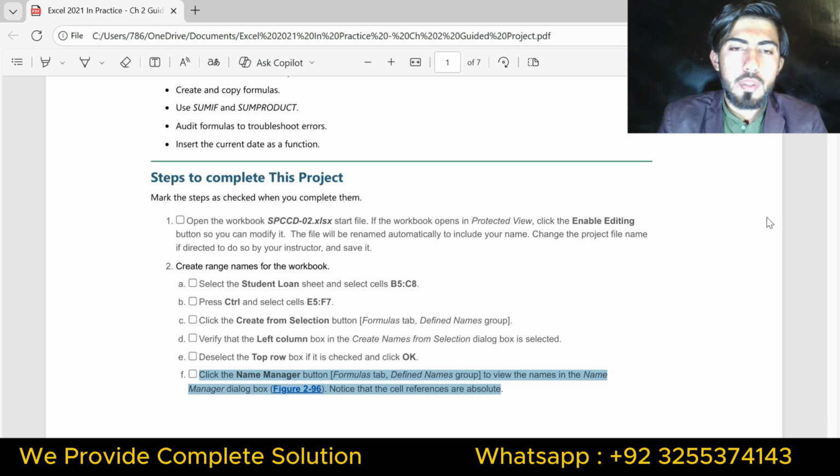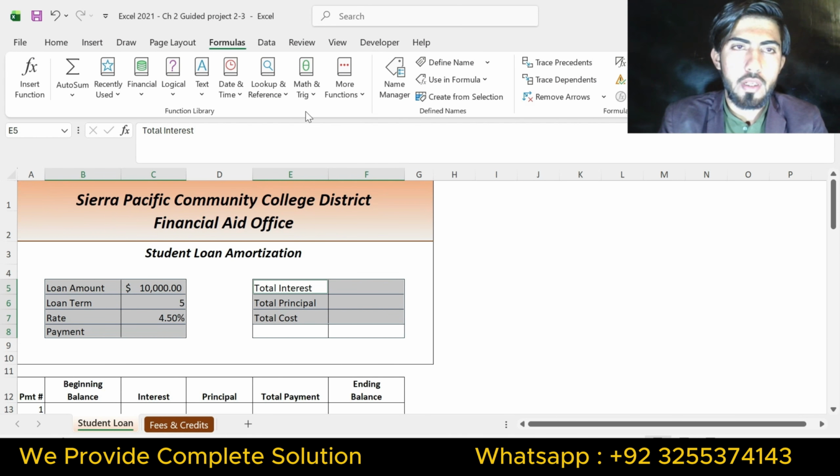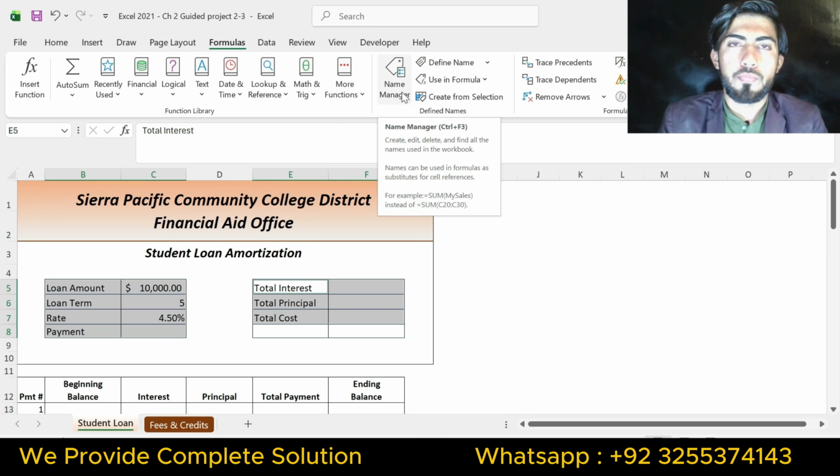Click the name manager button, formula tab, define name group to view the names in the name manager dialog box. Notice that cell references are absolute. So just click the name manager button in the formula tab. This is the name manager button in the define name group.